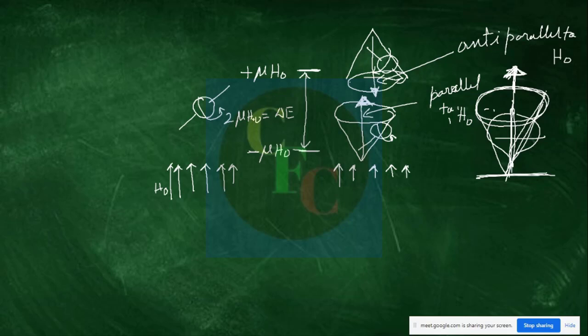Now see, in the absence of a magnetic field, they do not split; these spin states are in the same energy state. So in the absence of an external magnetic field, you will not be able to see magnetic resonance in NMR spectroscopy. Magnetic resonance is a different thing, we will come to that just now. So this energy is in the region of radio frequency.